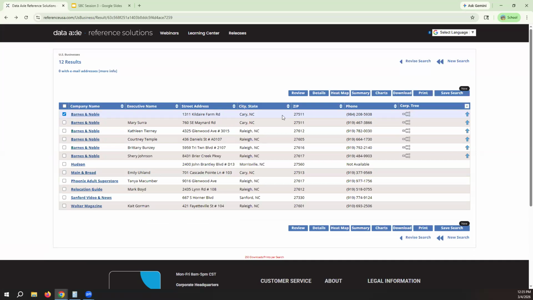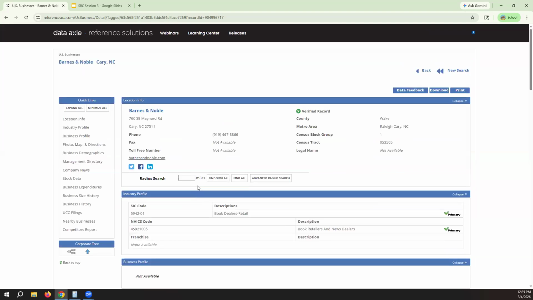There could be a lot of reasons for that. In this case, you'll see that this is where the new Barnes and Noble in Cary is located. It moved from the Maynard Road location. So if I need more information, then I can go and look at some of the past data. But you'll have to think about the data that you do see.